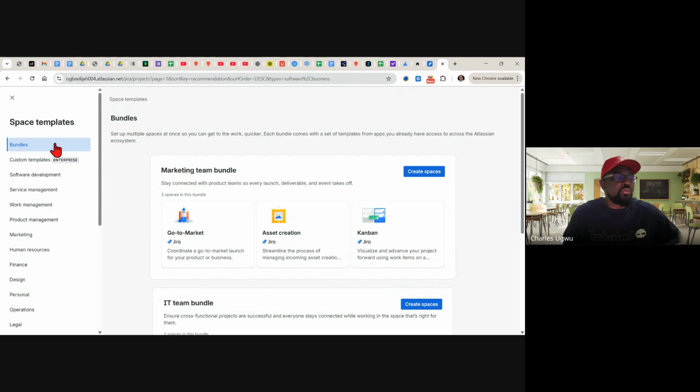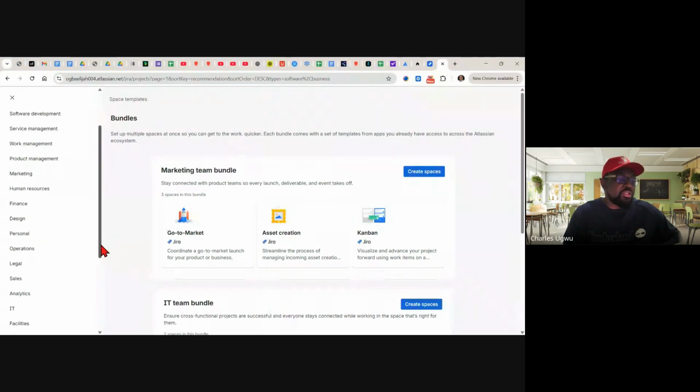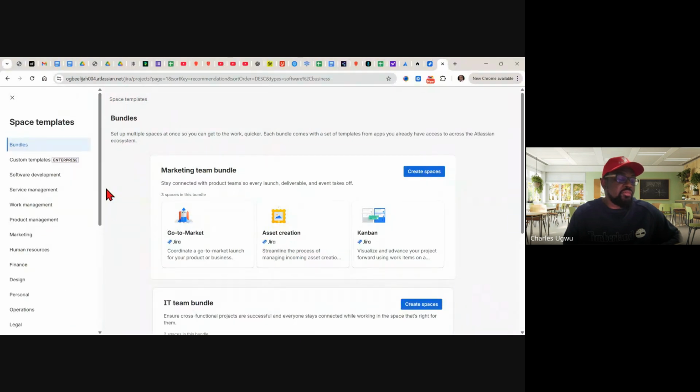So from this space, you can see the project you are going to create is up to you, knowing the kind of projects you are working on. You can use Jira to manage any kind of project. Looking at it here from this area, you can see this menu. You can see bundle. Yeah, I'm not creating a bundle.